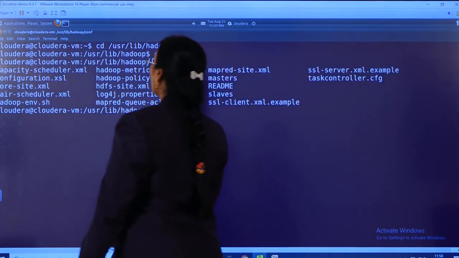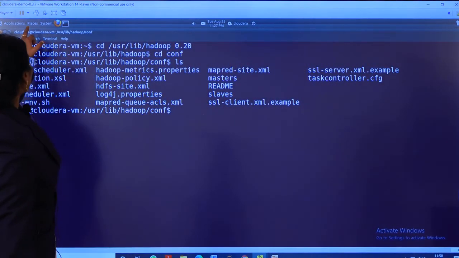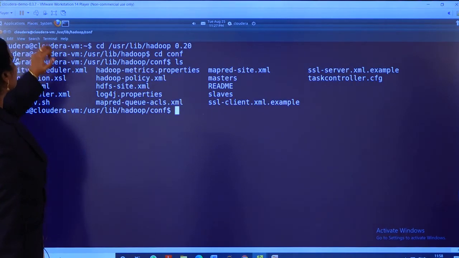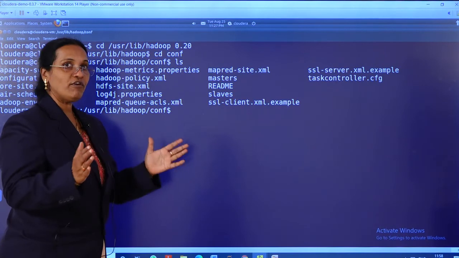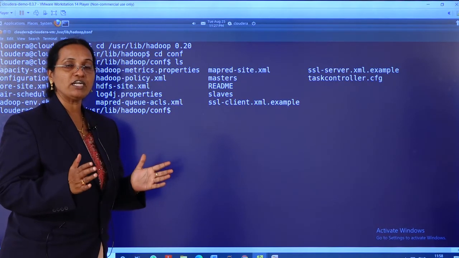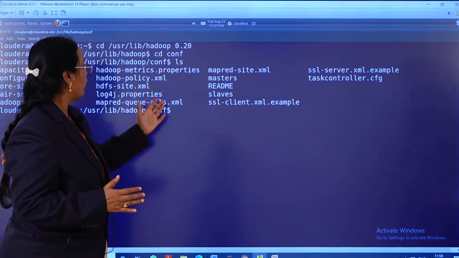So you can view the configuration files either by going through Places and My Computer, or if you are well versed with the commands and the terminal window, you can work like this also.